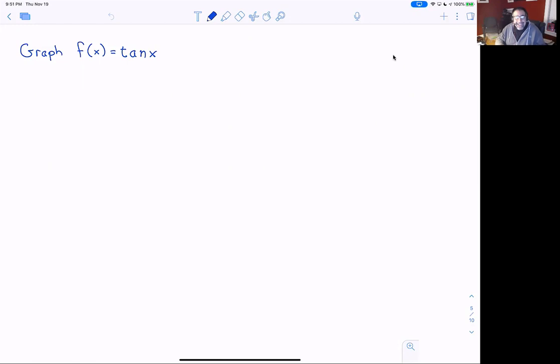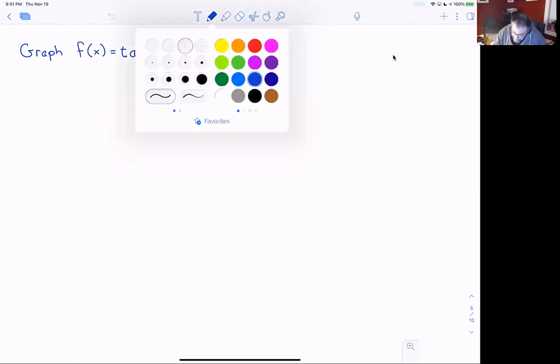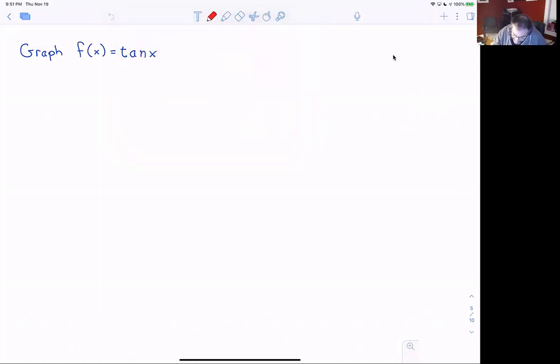We're going to be looking at tangent x and cotangent x, and we're going to have a very similar approach to what we did before. We're going to talk about tangent x, but not directly. We're going to talk about tangent x as being sine x over cosine x. So if we think about the graphs of sine x and cosine x, we can learn a lot about the